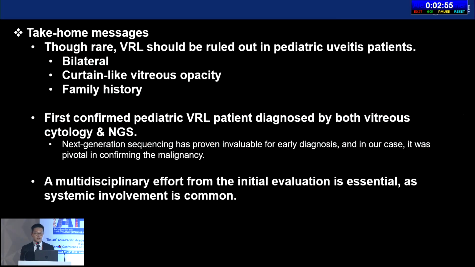Just to sum up, although rare, VRL should be ruled out in pediatric uveitis patients when they show bilateral involvement, curtain-like vitreous opacity, and possibly family history. This case was the first confirmed pediatric VRL patient diagnosed by both vitreous cytology and NGS. NGS has proven invaluable for early diagnosis, and in our case, it was pivotal in confirming the malignancy. A multidisciplinary effort from the initial evaluation is essential, as systemic involvement is common. And thank you all for